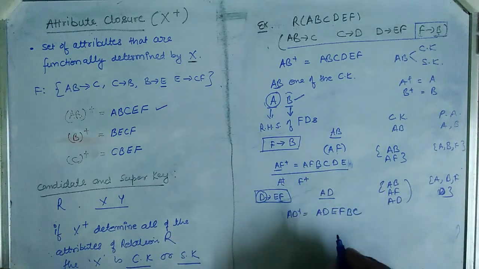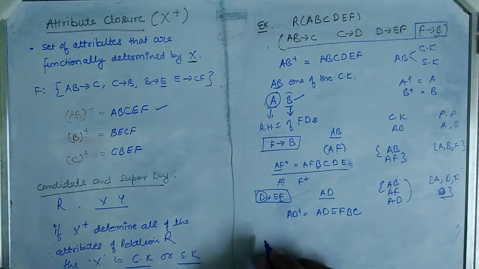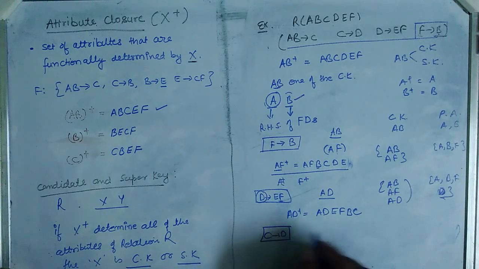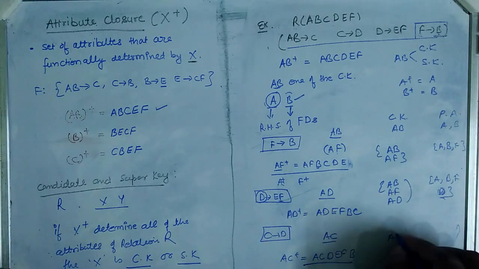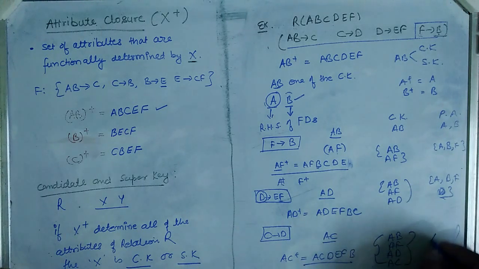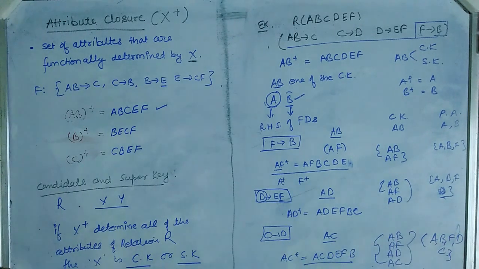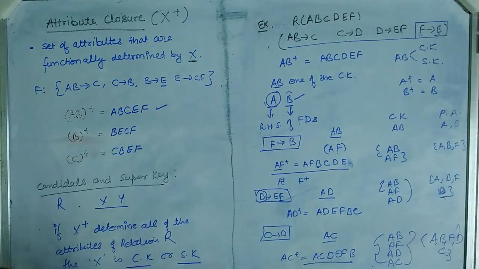Similarly, find the newly added prime attribute, that is D, in the RHS side. You will find it in the C tends to D functional dependency. And now AC, check for the AC closure. You find that A, C, D, E, F and B can be derived. So AB, AF, AD and AC would be the set of candidate keys, and A, B, F, D and C are the prime attributes. So this is how you can calculate all the candidate keys in a given relation with the prime attributes.